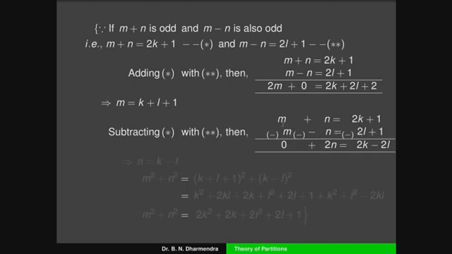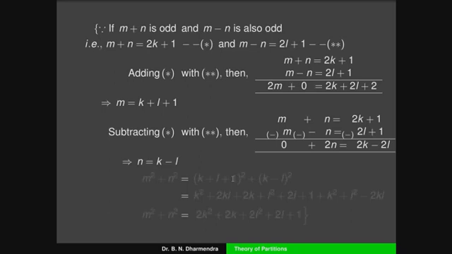Here, subtracting the terms, m minus m0 on the left, and on the right minus n, minus into minus gives plus, so n plus n is equal to 2n. And x is equal to 2k plus 1 minus (2l minus 1). Here also there is a minus, so multiplying the terms by minus, the plus 1 and minus 1 get cancelled, and it can be written as 2k minus 2l. Therefore, in both LHS and RHS, 2 is there, so you can cancel the terms. So n is equal to k minus l.